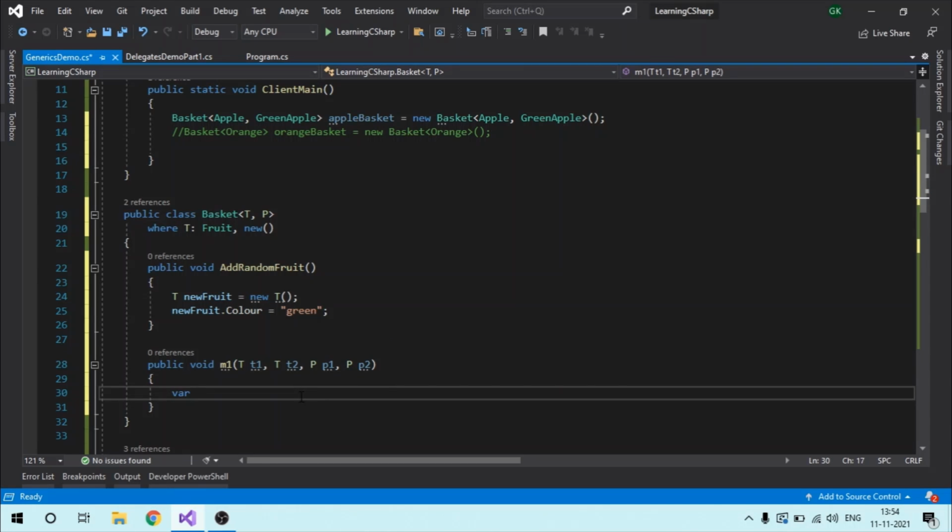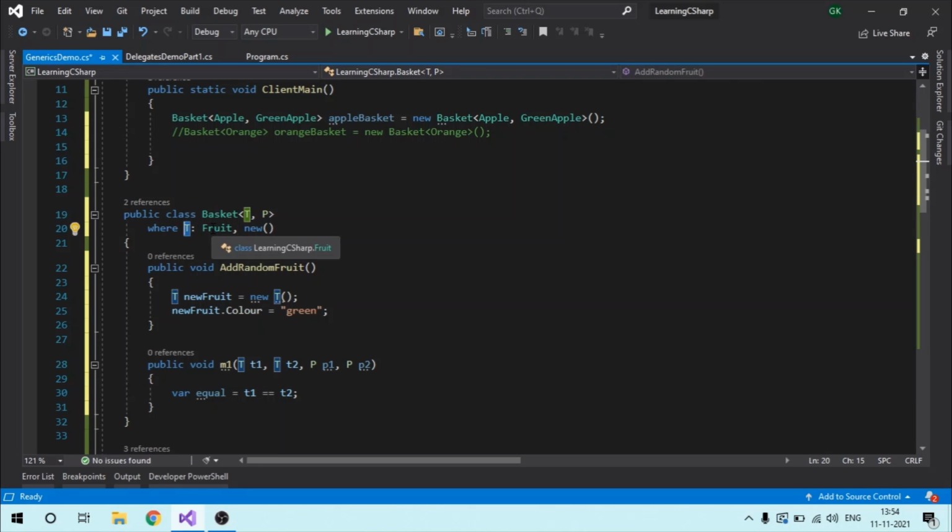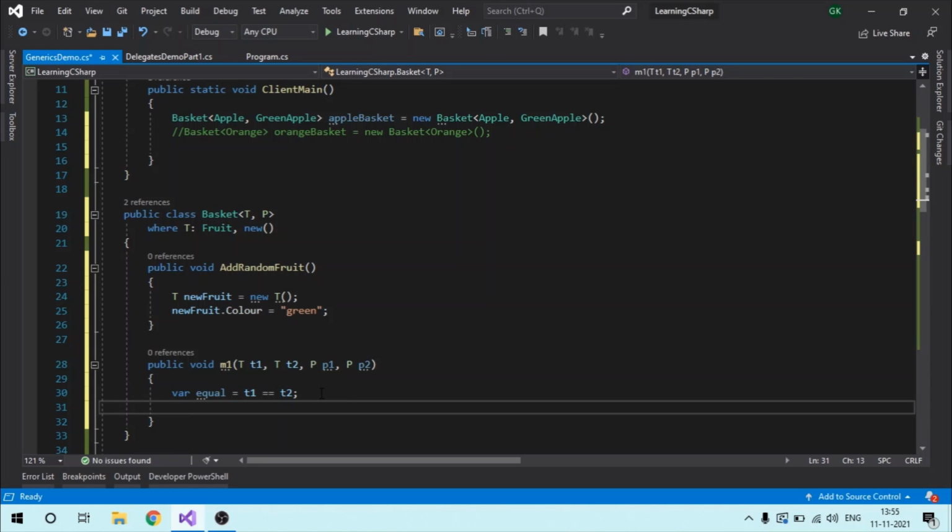Now if we say where equal is equal to t1 double equals t2, will this work? Yes. Why? Because we have made sure that t is a class by specifying this constraint, because fruit is itself a class, and every class in C# can be compared using the double equal to operator, which basically checks the reference equality of them. But if we have not specified any constraint over p, and if we try to compare the objects of p,